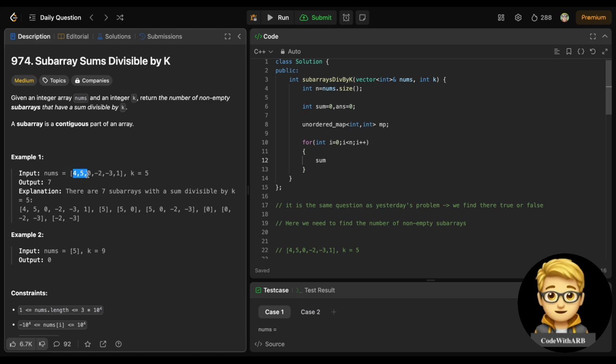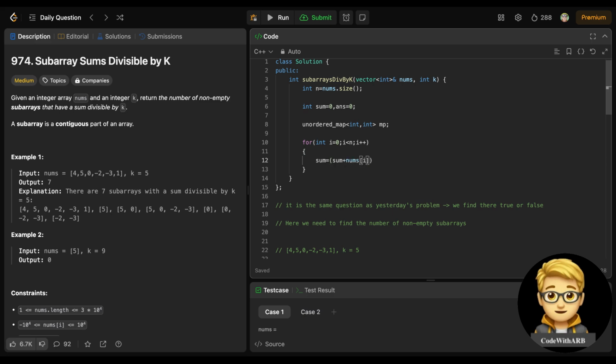If it is a positive number, then we don't need to do anything. But what if it is a negative number? If it is negative, it means I need to make it positive, for finding the remainders, right? Remember. So for that, what I will do, I will just take the sum and